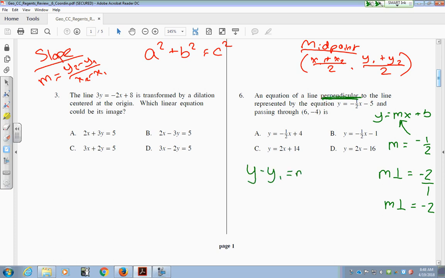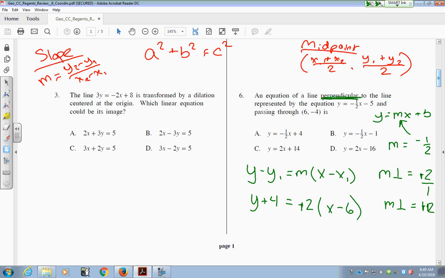So what we're going to do is we're going to use the equation for a line. So we're going to take the point they gave us, which was 6, -4. So we're going to put the y plus 4 equals, and now m is going to be -2, because that's our new slope. Actually, sorry, I mean +2. Let me change that here. Those are positive. Change the sign on that. And then you got x